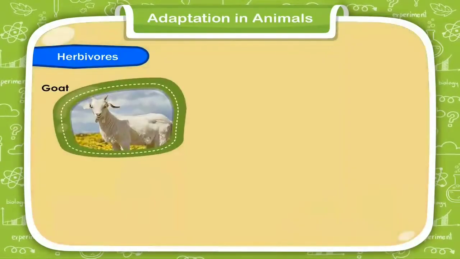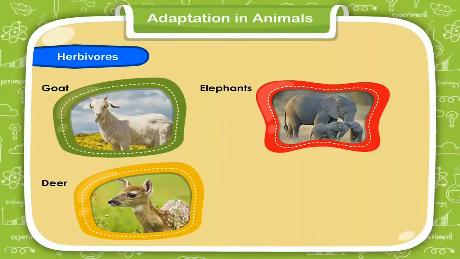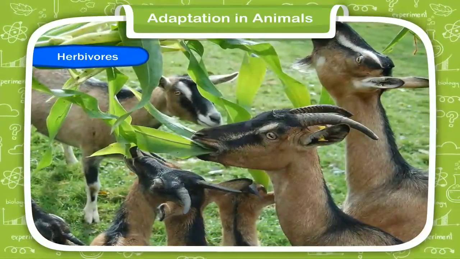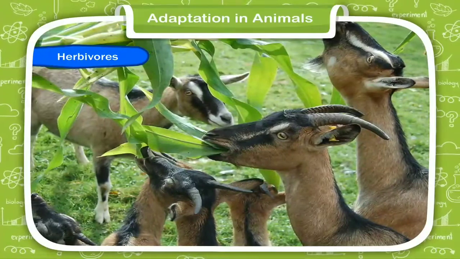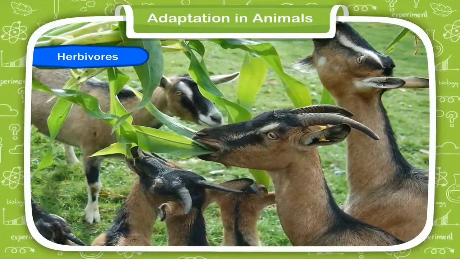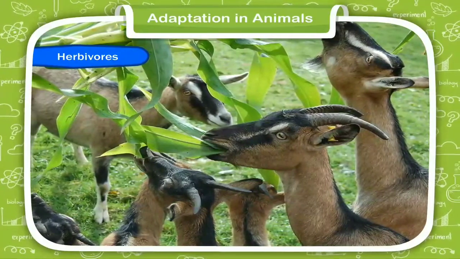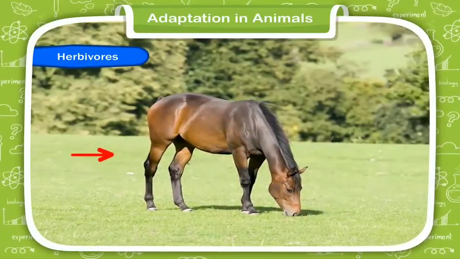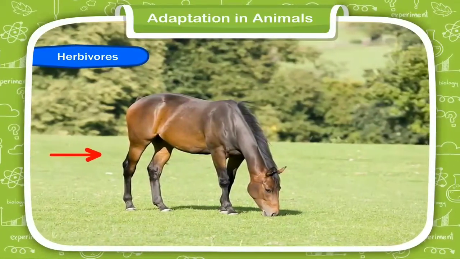Herbivores such as goats, elephants, deer, cows, etc. eat plants. They have very sharp front teeth to bite and cut the plant parts and strong, large, grinding teeth for chewing their food. They also have strong and long legs which help them to walk long distances to search